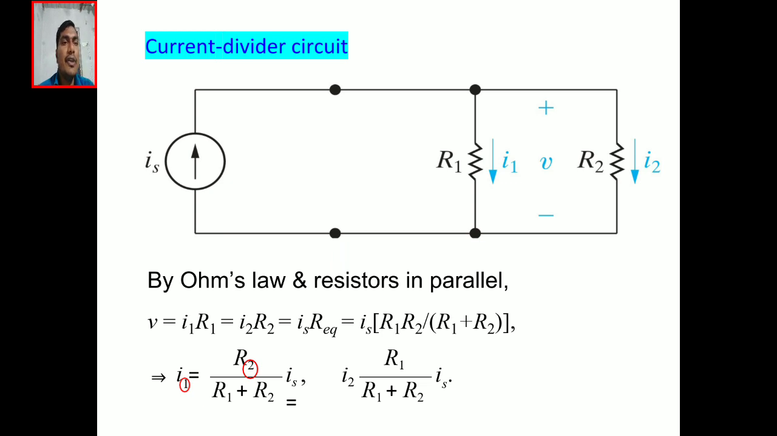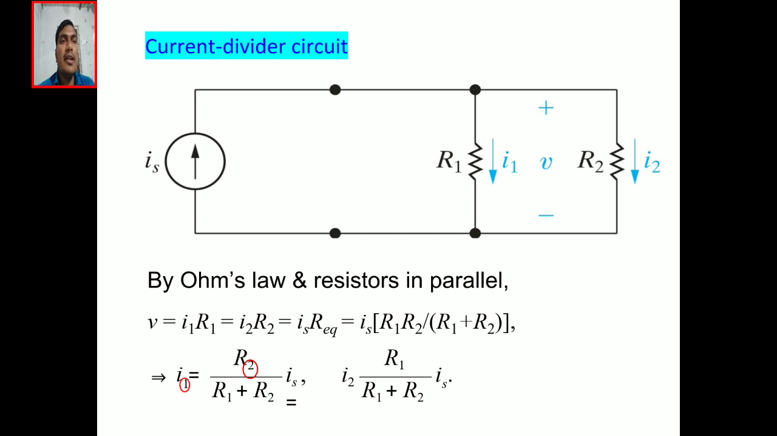So what is the V value? By substituting this value, IS into R1 R2 by R1 plus R2, we can get I1 equal to R2 by R1 plus R2 into IS. For I2, I2 is equal to IS into R1 by R1 plus R2. So by observing these equations, we can say that if you want to find current in two elements connected in parallel, then the current flowing through one element is equal to the total current into the opposite element by the total